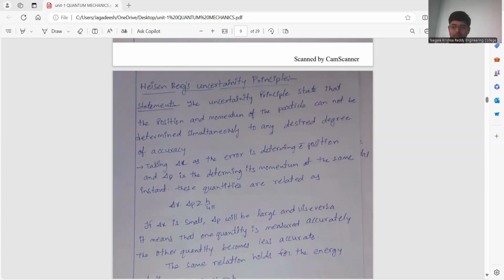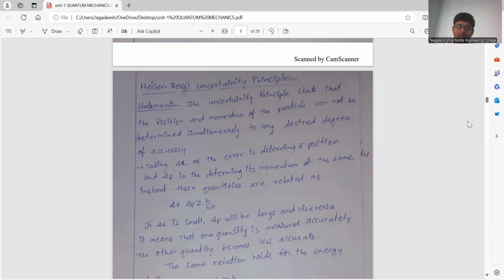The subject is Applied Physics. The first unit is Quantum Mechanics. The topic we are discussing today is the Schrodinger time independent wave equation and its application. Before we explain the Schrodinger time independent wave equation,